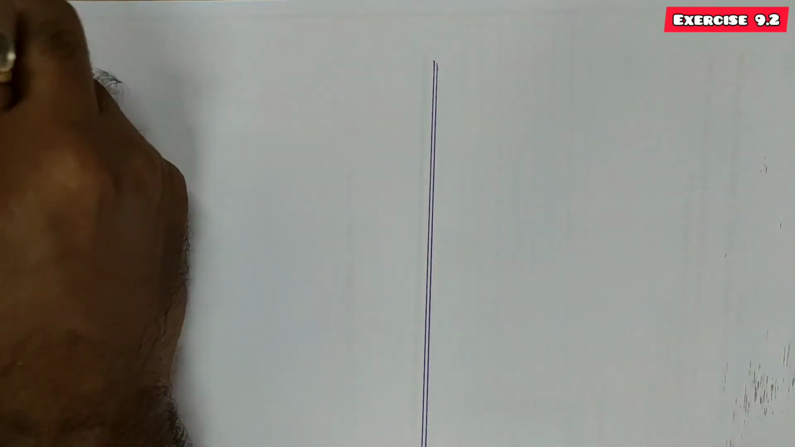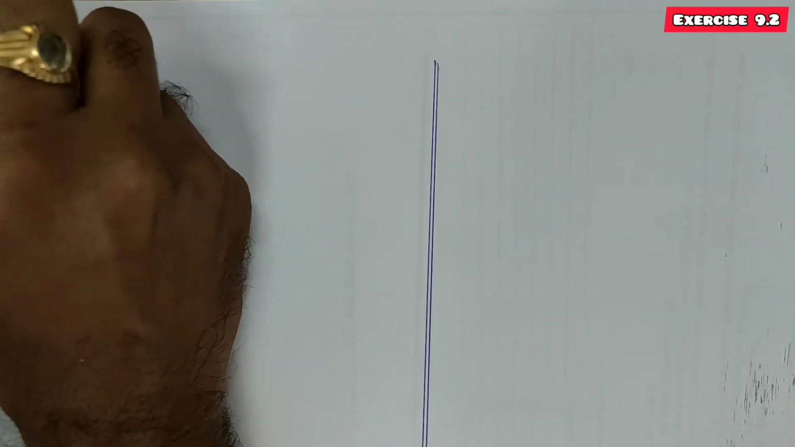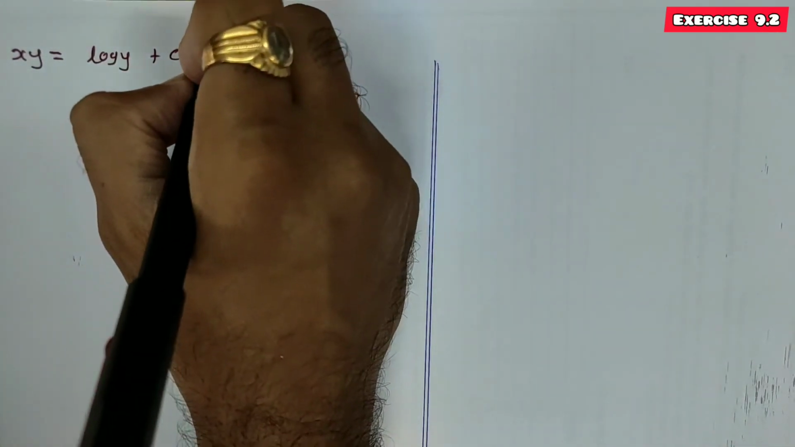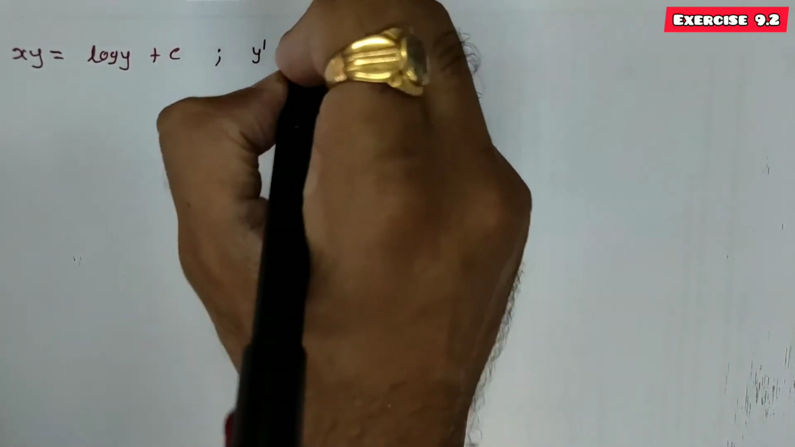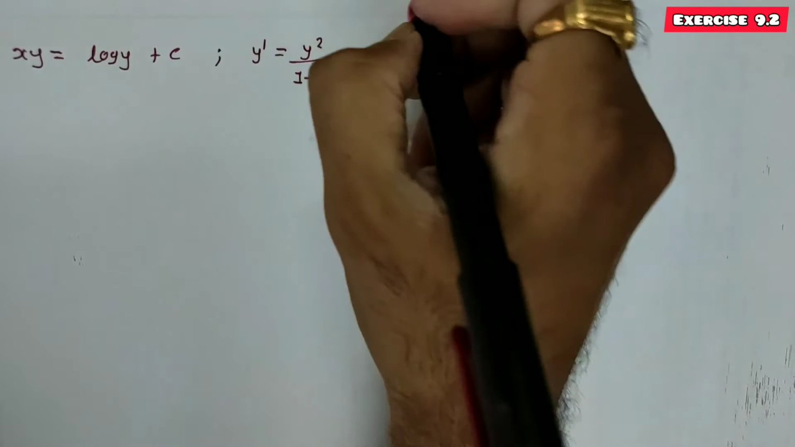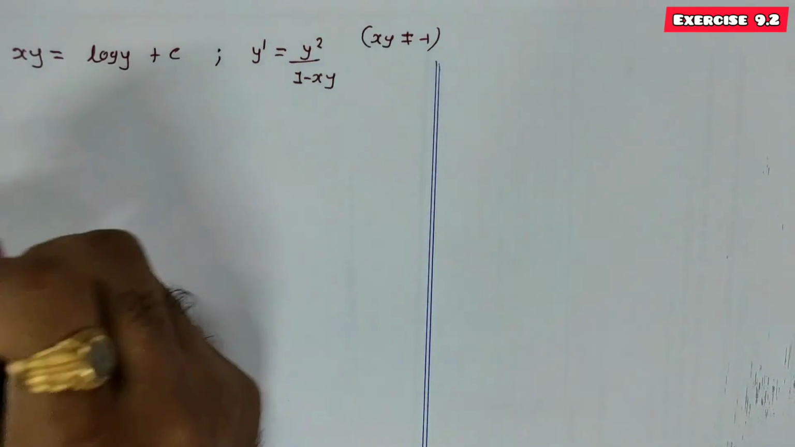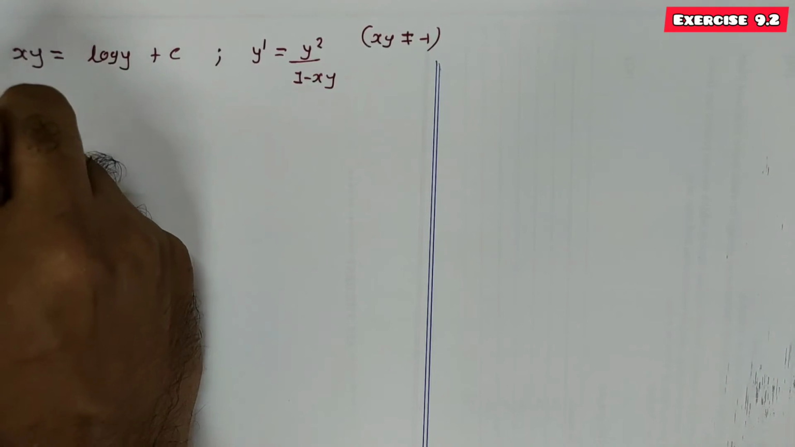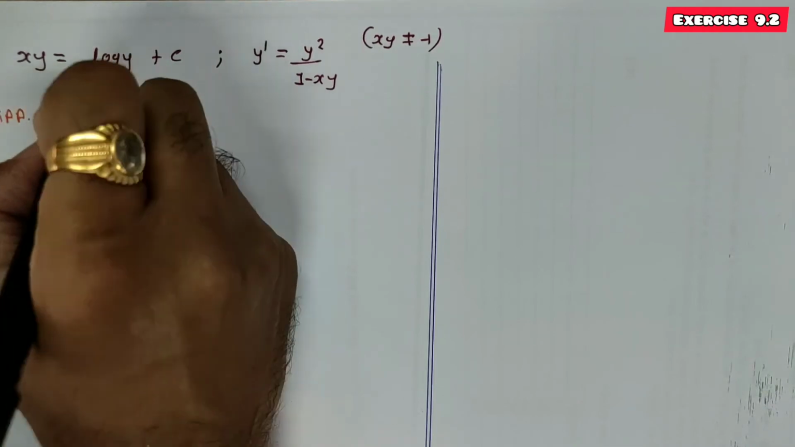So now question number 7. Seventh question is xy equal to log y plus c, and given differential equation is y dash equal to y square upon 1 minus xy. Done. Condition is xy is not equal to minus 1. So now here we will start with this given xy equal to log y plus c. So differentiate on both sides